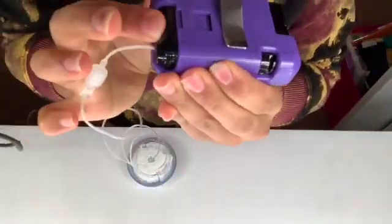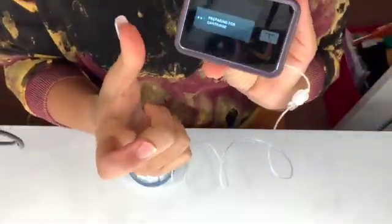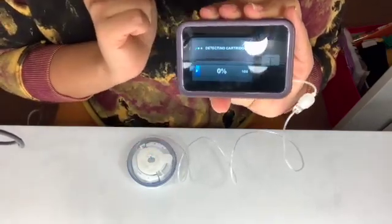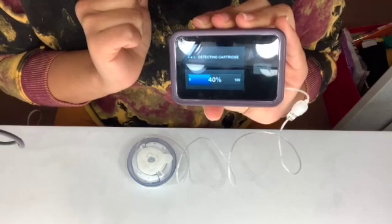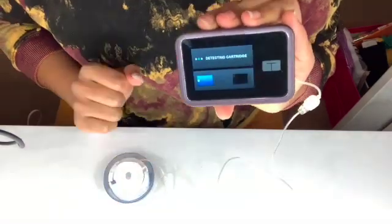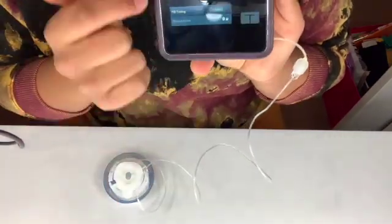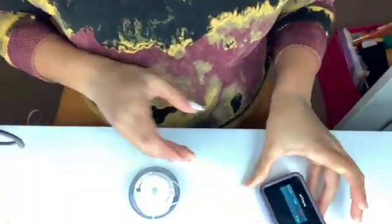So then basically you just put it in and make sure you pop it in until it clicks. It's gonna make a little like clicking sound so you know it's completely in. It's not like a loud sound. But then you're gonna press OK, and now it's detecting the new cartridge. All right, and then once it's all detected, we have to go ahead and start loading the tubing full of